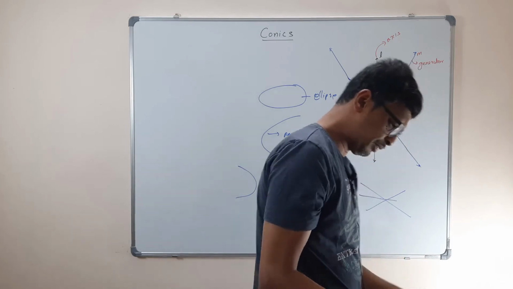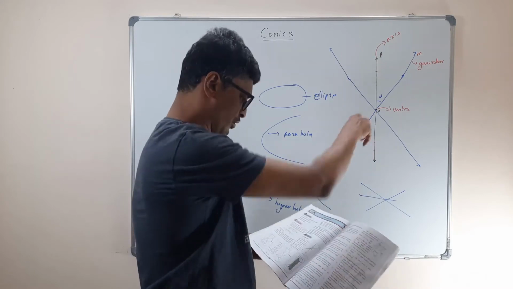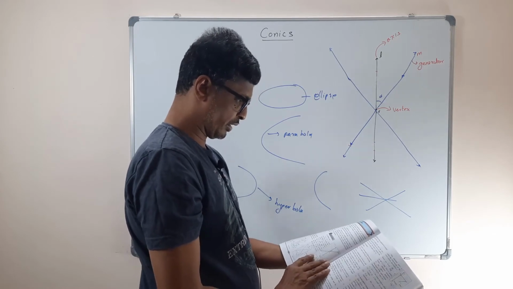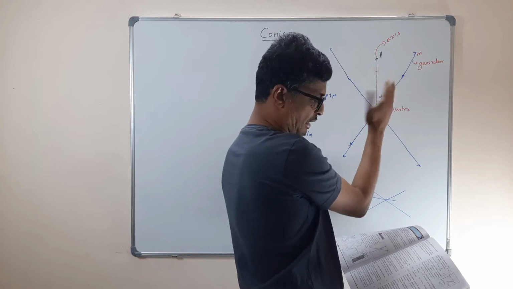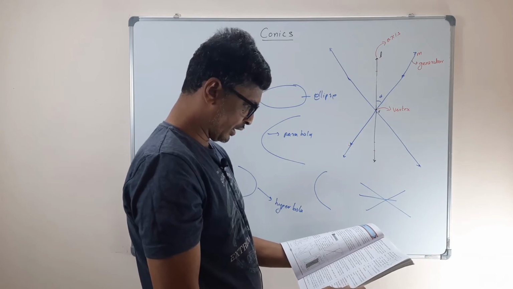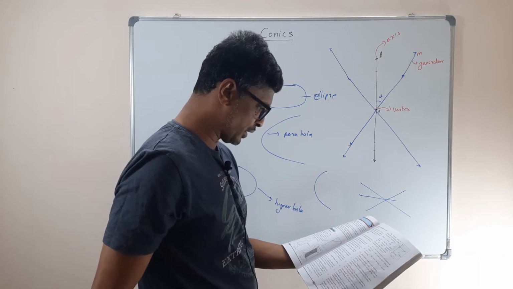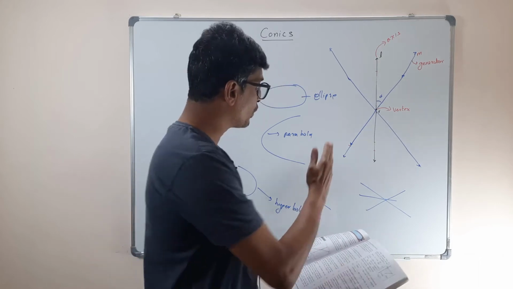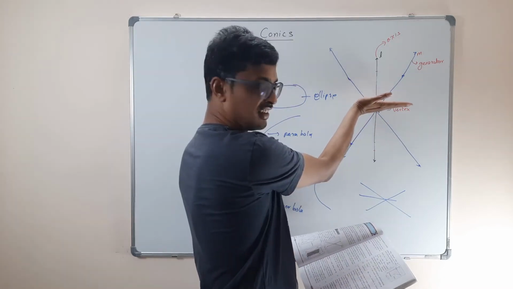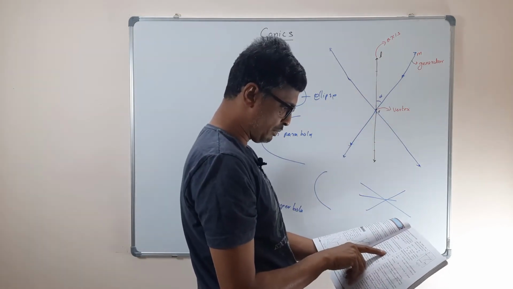In the book they have written this as a double cone. The point V is called the vertex. The surface is called a double-napped right circular cone. So there are conic sections. A plane perpendicular to the axis and not containing the vertex will create a circle. A plane parallel to one portion of the generator